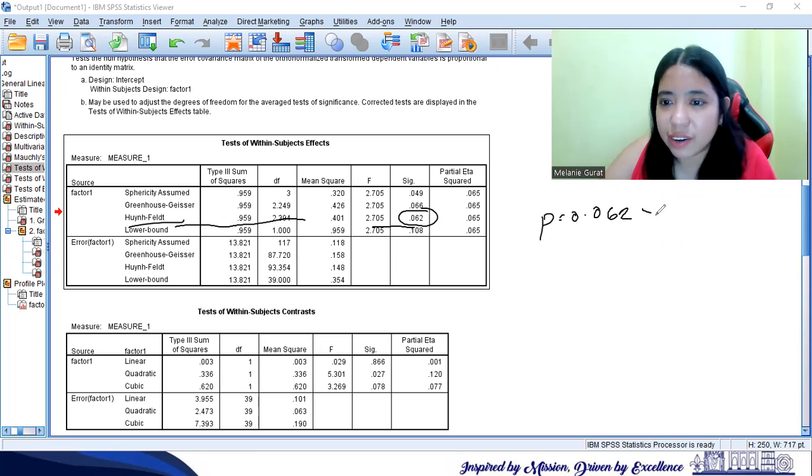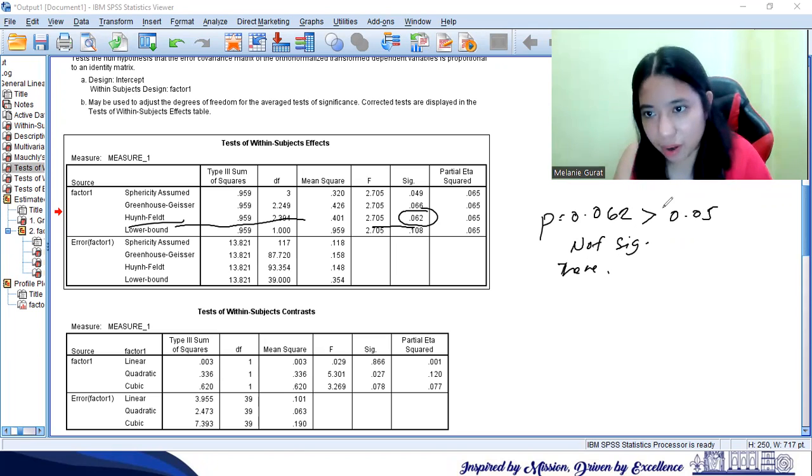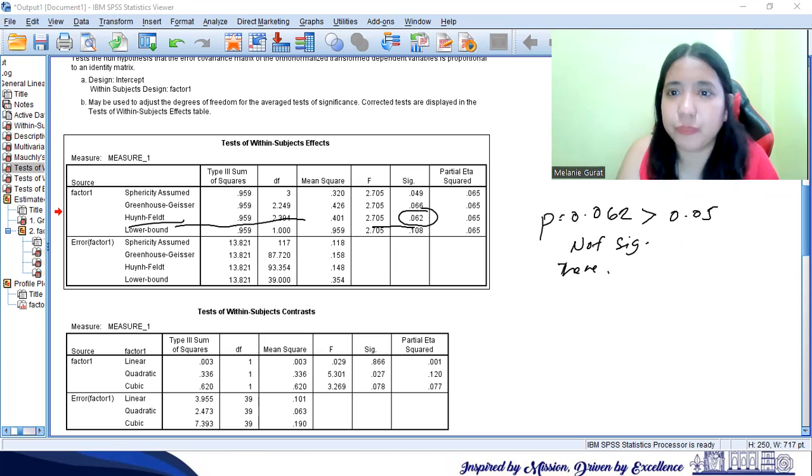It is greater than 0.05. That's why the result is not significant. So there is no significant difference between the four products.